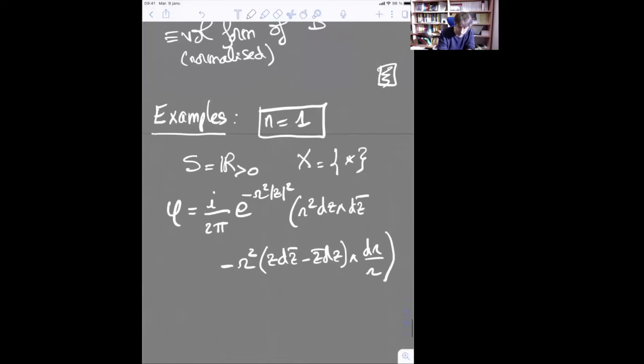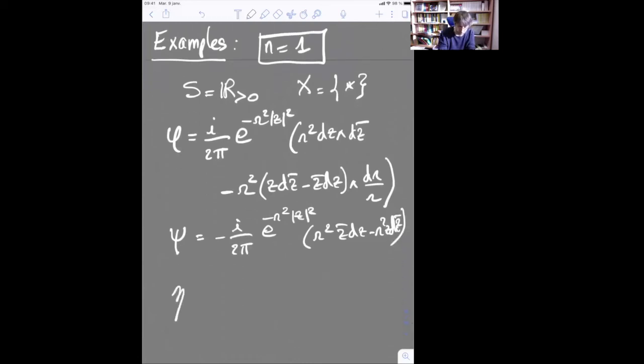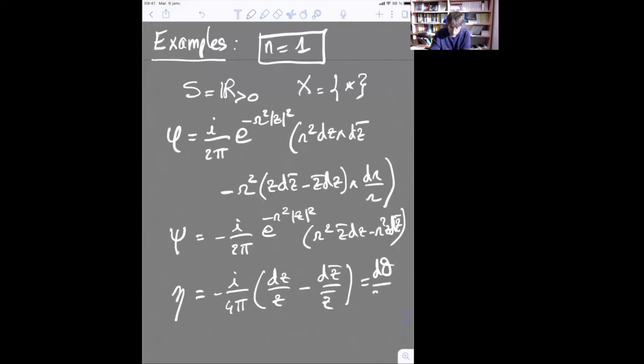And then what is psi? It is minus i over 2 pi, r square z bar dz minus r square z dz bar. And eta is this expression, which in the polar coordinate in the fiber is just d theta over 2 pi,